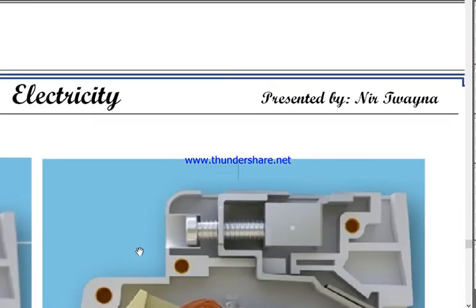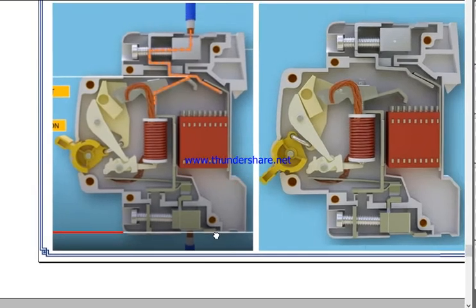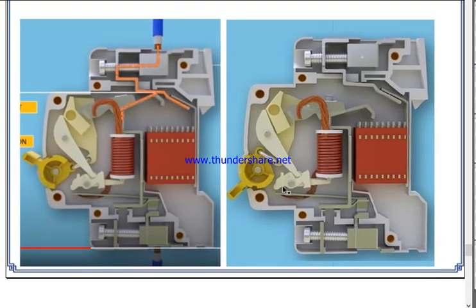Now this is the actual diagram of the inside of the MCB. You can see this switch. This is the bimetal element, and this whole structure is actually the latch. And this is the magnetic element. You can see when the switch is moved upward,